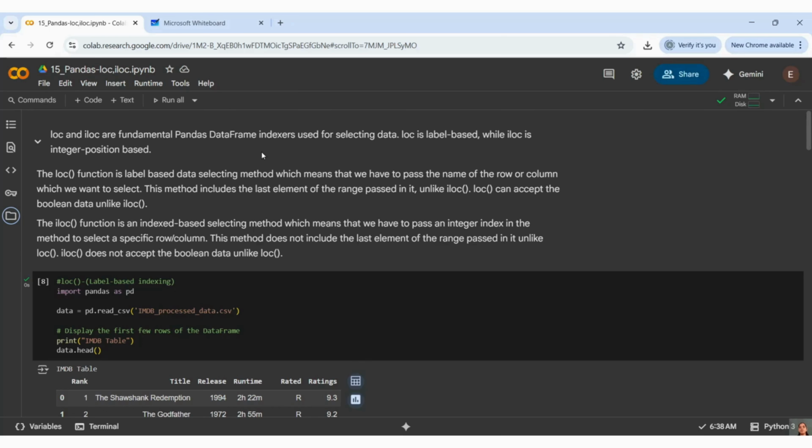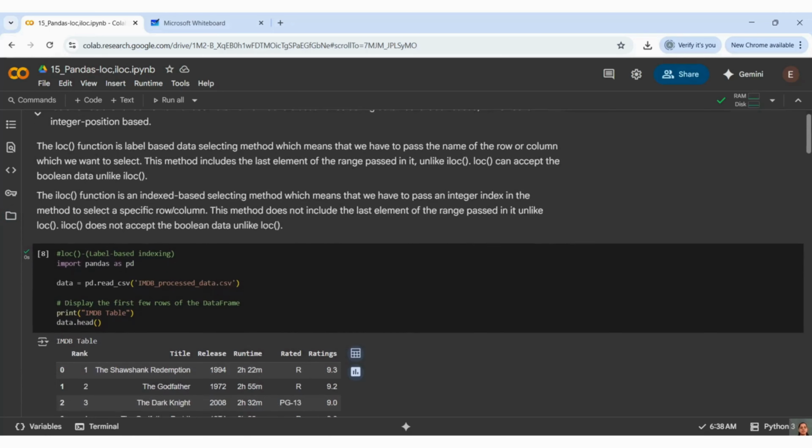Consider that you have renamed the index; loc can access both things. If you try with integer position or with label, it will take both. However, iloc will take only integer position based. We will see all those examples as we proceed.